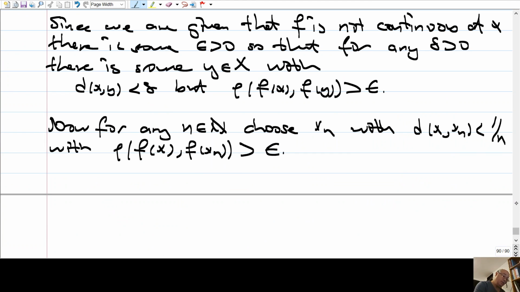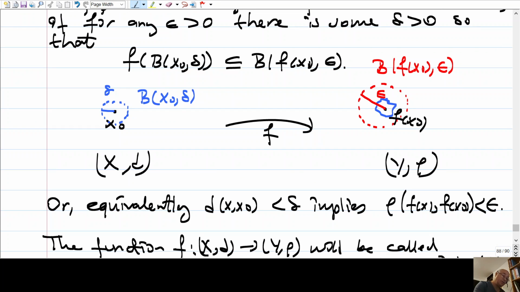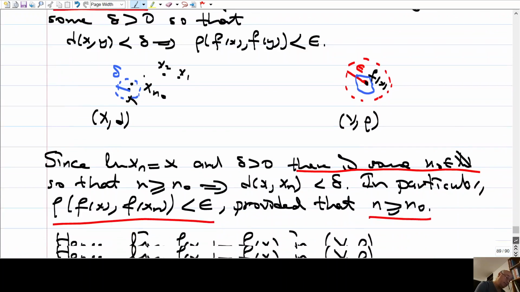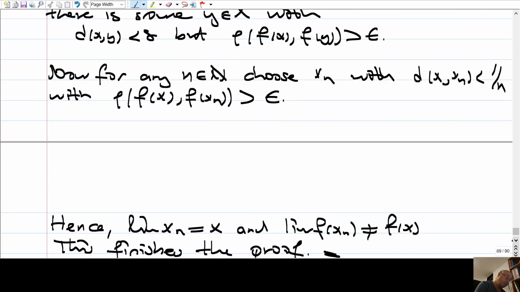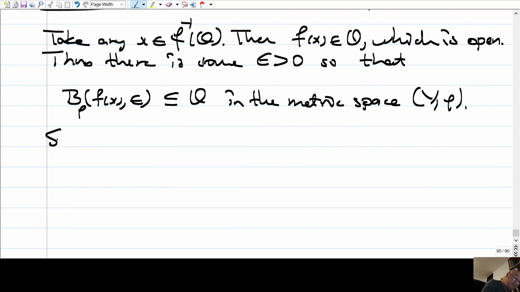Now, remember the definition of continuity, right? Continuity means this. Whenever I have an epsilon ball, I can find a delta ball so that this ball is mapped into this epsilon ball, right? This is the picture. So I will apply this. Okay. Since f is continuous at all points, in particular at x,